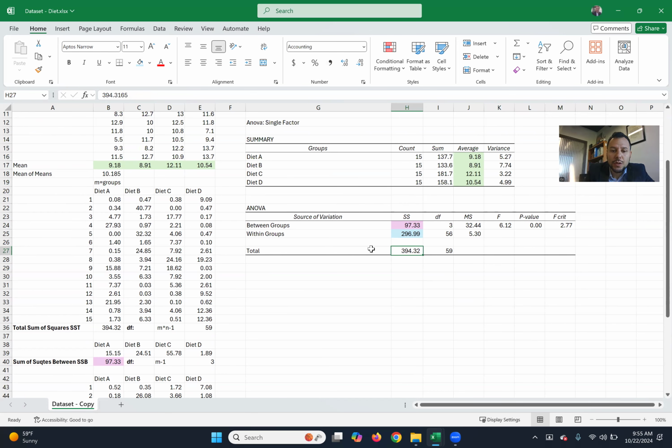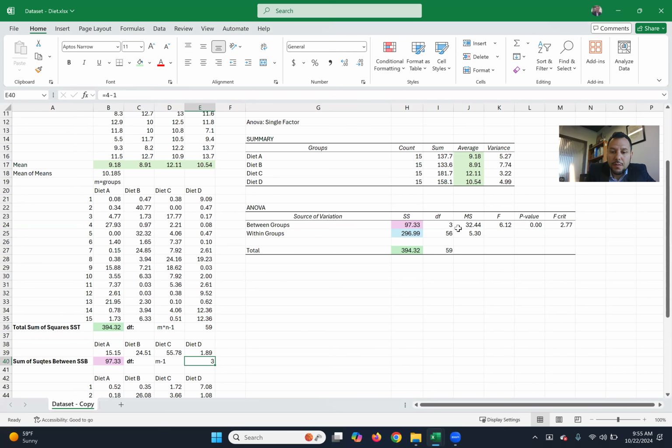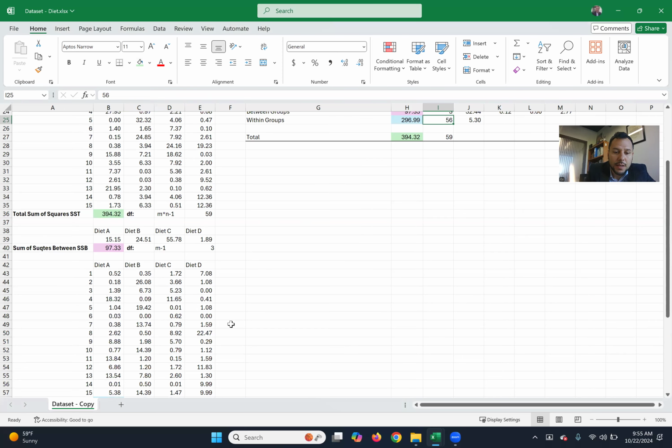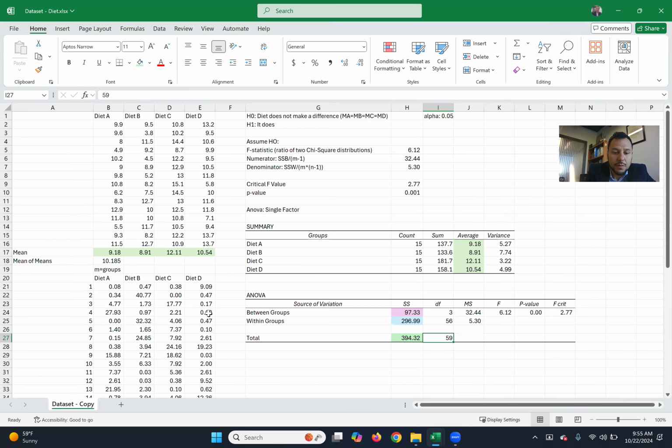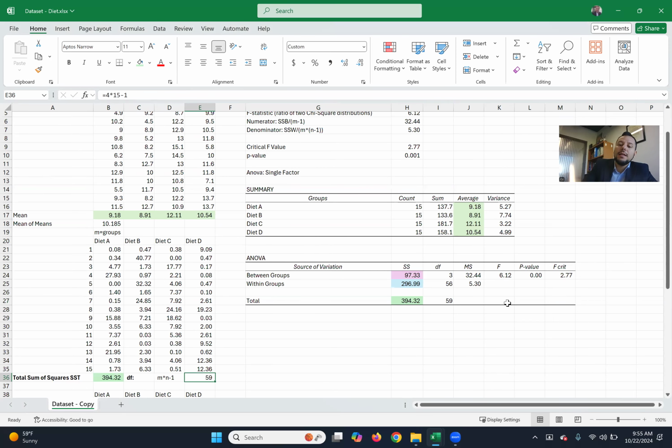So here you can see the total sum of squares. Let's use a different color for that, which is right here. We calculated that as well. So degrees of freedom, you can see 3, which we got from here, 56, we calculated right there, and 59, which is the total right here, okay? And then the next thing I would like to show you is that the numerator, this value right here, comes from,